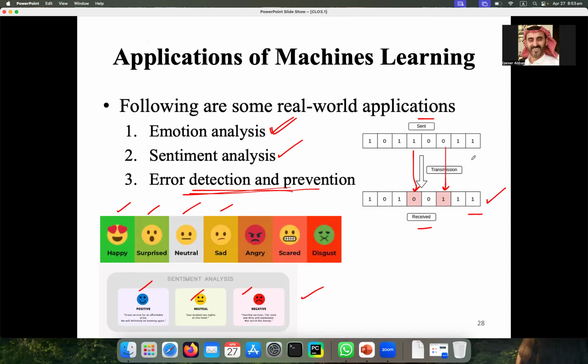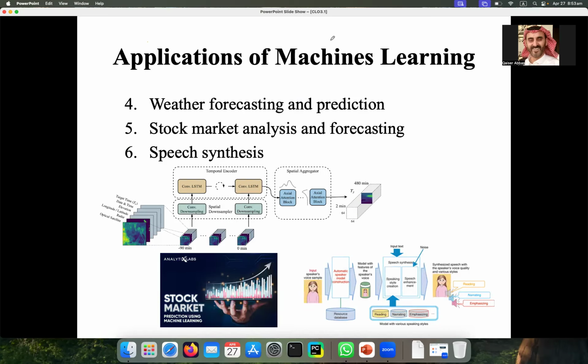But that would again be about some speech data. So similarly, you have seen some application related to weather forecasting and prediction. This is just a diagram given to you. You don't have to understand this diagram.